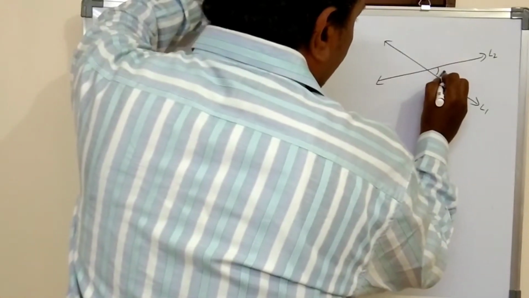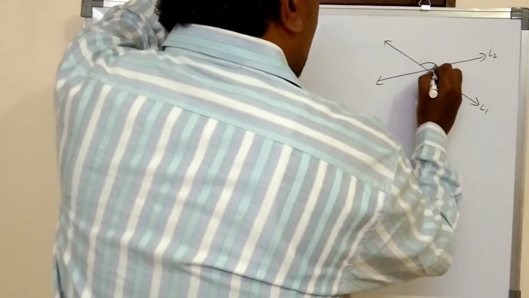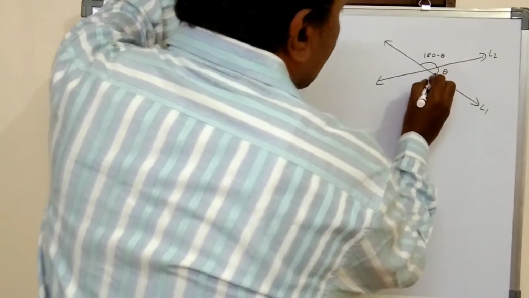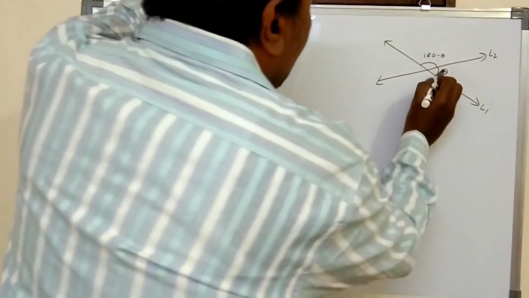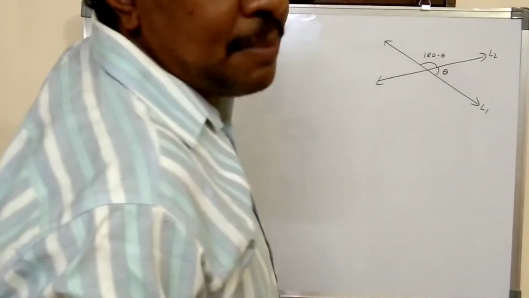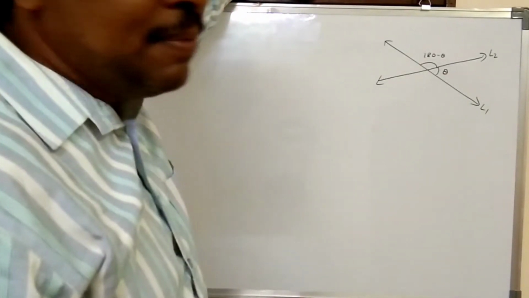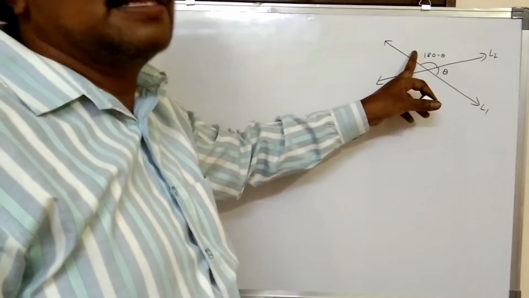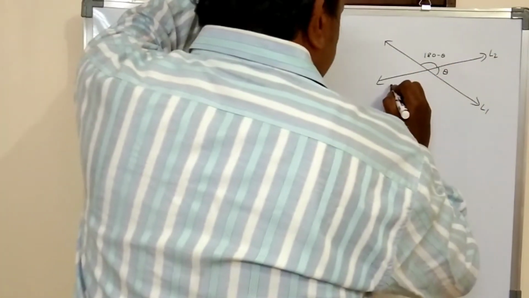This is another angle. So take it as theta, and this will be 180 minus theta, because this is nothing but a straight angle and this is a linear plane. So if this is an angle theta, this will be 180 minus theta. Now we are going to find this acute angle. If this is found, naturally you can find the other angle. Now take this equation.